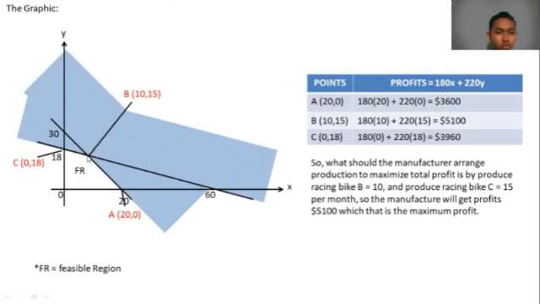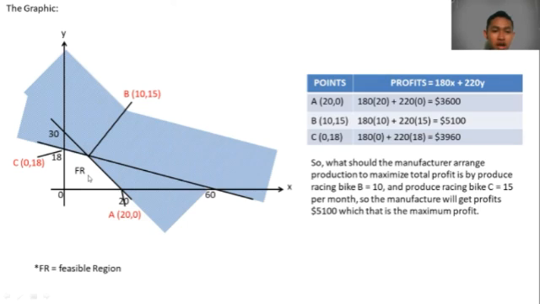And then we know we should set the line away from the point of origin 0, because the sign of each equation is less than or equal to. So we set it away from the origin and we can get this feasible region.